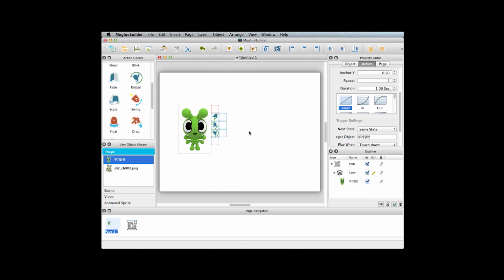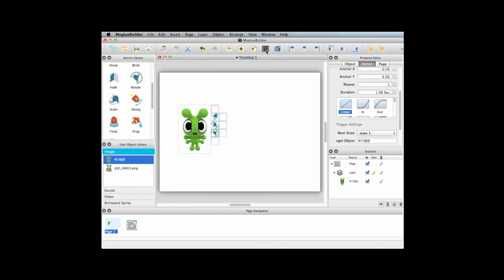That would mean that when I click once, it'll jump. Second time, it'll waddle. Third time, it'll rotate. And if I click a fourth time, it will continue to rotate. Or I can choose state 1, which would make the whole process start over again. So jump, waddle, rotate. So I'll leave it like that for now,